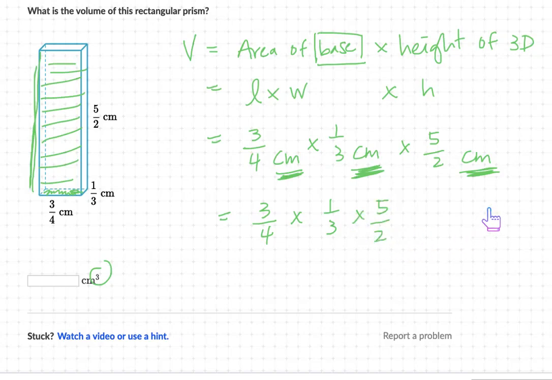These are fractions, so it can be kind of scary, but remember, by multiplying fractions, you're just multiplying across. So 3 times 1 is 3, 3 times 5 is 15. So across on top is really 15, and across on the bottom, 4 times 3 is 12, and then times 2, or what I would do is 3 times 2 first, which is 6. 6 times 4 is an easier multiplication. So with multiplication, you can go in any order. And then now that you're here, you have to reduce it because it looks like 15 and 24 can both be reduced by 3. So this is 5/8